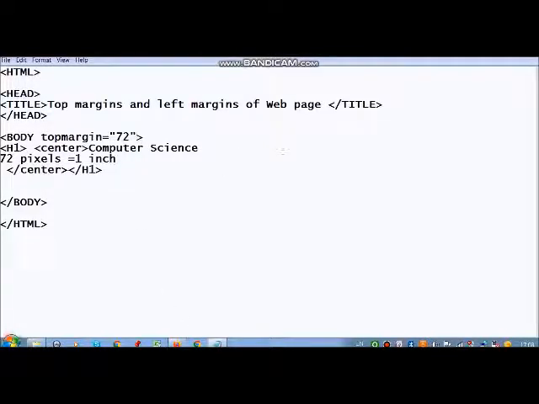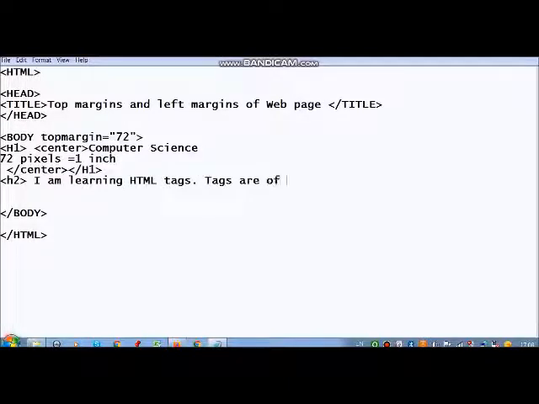Now for left margin, first we have to type something here so that you can see the left margin will be left. Okay, so I am going to write here H2, I am learning HTML tags.